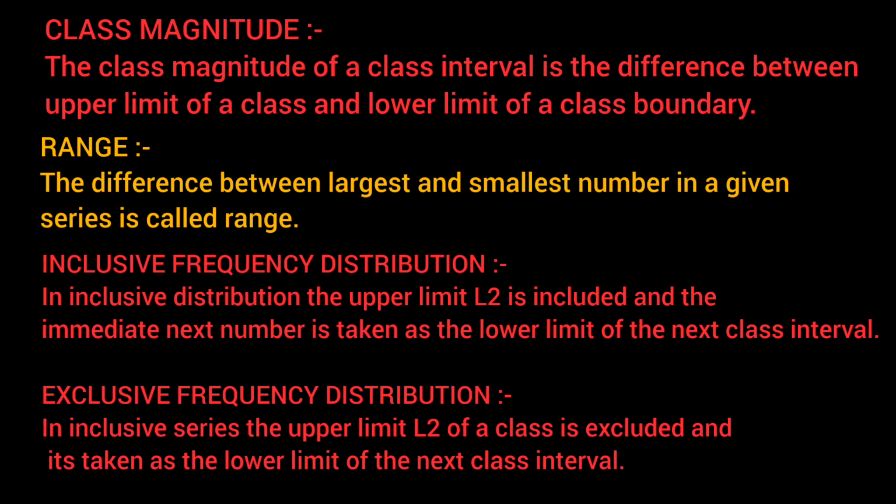Class magnitude. The class magnitude of a class interval is the difference between the upper limit of a class and the lower limit of a class boundary. Range: the difference between the largest and smallest number in a given series is called range. Inclusive frequency distribution: in an inclusive distribution, the upper limit L2 is included and the immediate next number is taken as the lower limit of the next class interval. Exclusive frequency distribution: in an exclusive series, the upper limit L2 of a class is excluded and it is taken as the